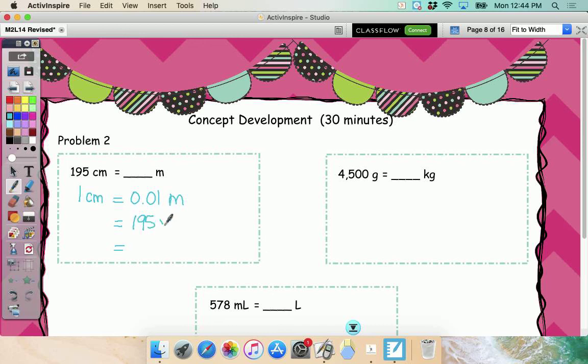195. 1/100th. Good. Now I'm going to do something here for you. I gave you a little hint. I underlined the 2 digits that are behind the decimal. So if I'm going to hop this,